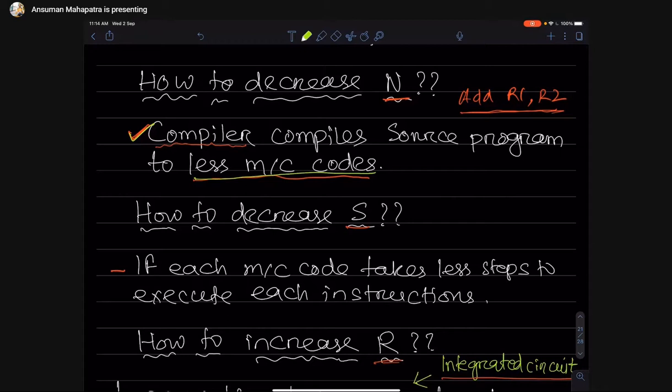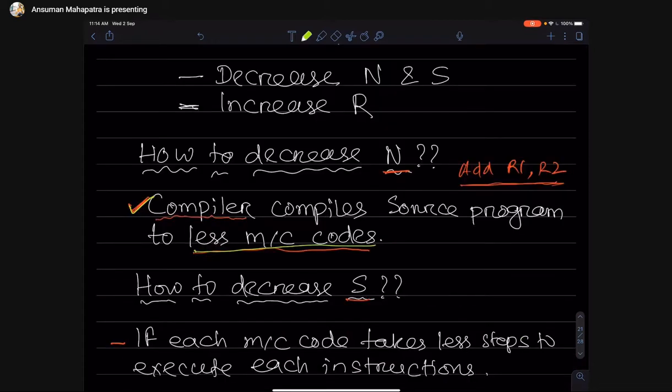Very simple: two systems have different r values, but if they generate different n values, then it may happen that the system whose compiler generates more instructions executes the program slower than the fully optimized compiler. So that is the thing.